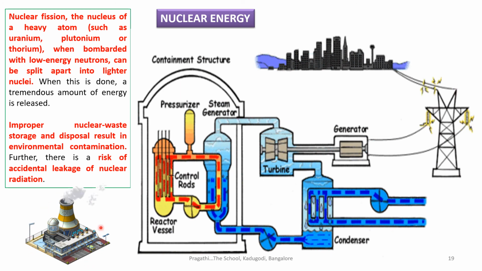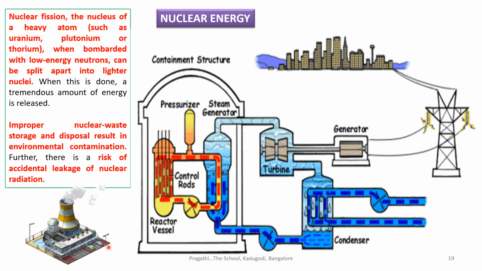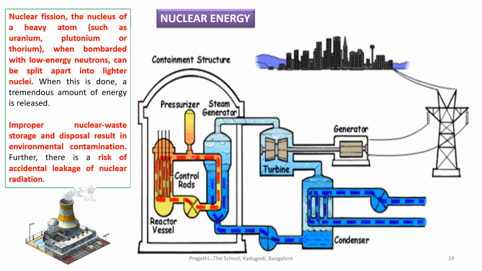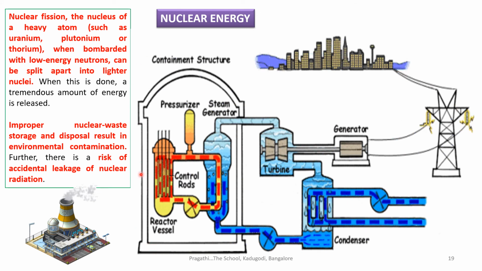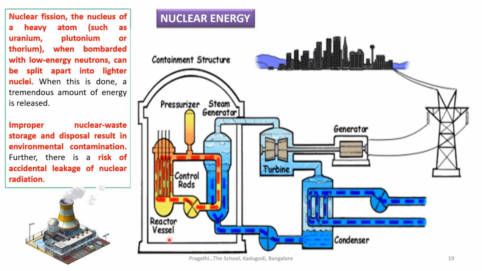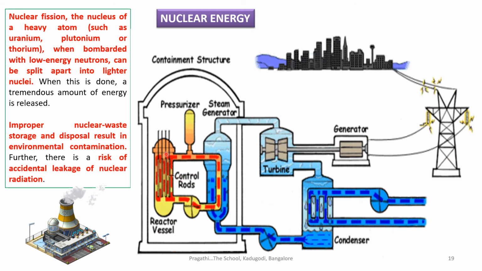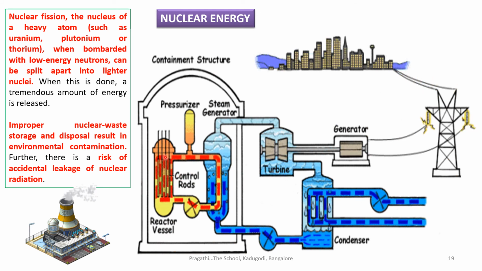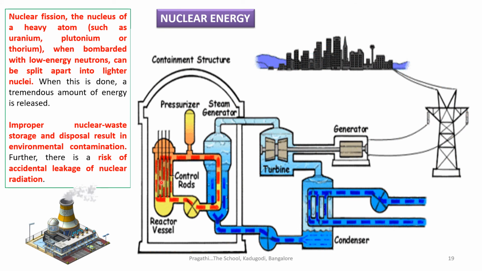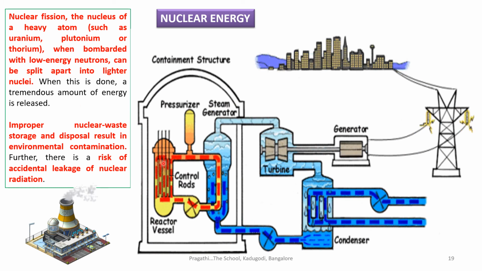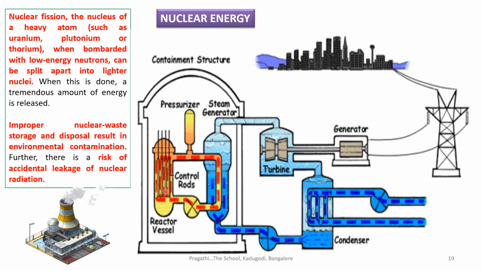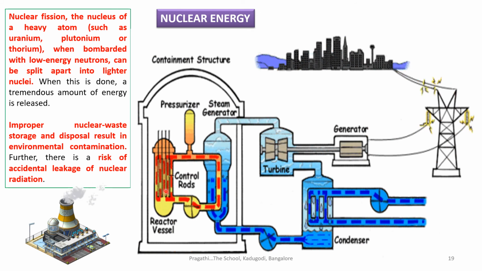This is a miniature version of a nuclear power plant, and you can see this picture. It clearly explains. See, this is the nuclear reactor. This is called the reactor vessel, and these are control rods. Control rod means if you place the control rod inside, that means it contains the heavy metals, that is uranium, plutonium or thorium. Once it gets inside, the bombardment will be more, and it produces more heat.